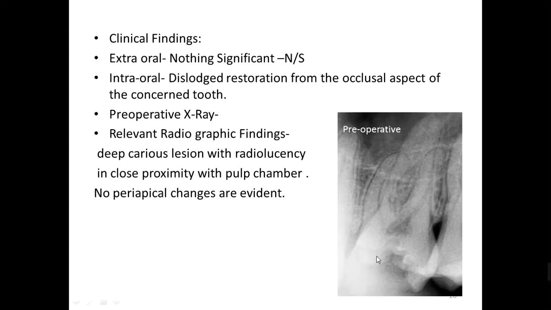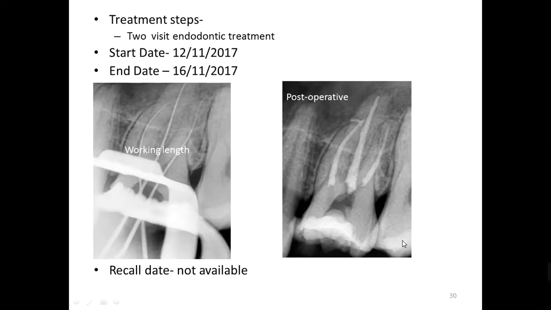Another case with a short root and a deep carious lesion. It was a class 1 occlusal caries and the patient was willing for root canal. He came with excruciating pain. It was a 2-visit endodontic treatment because tenderness was there. So if there is tenderness or an acute case, please do not attempt to do the case in a single visit. In acute cases, there are possibilities of a mid-treatment flare-up.